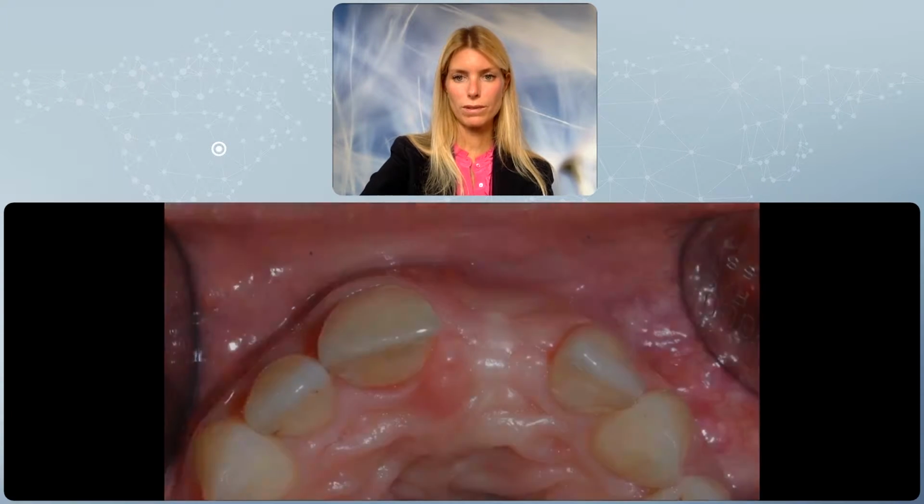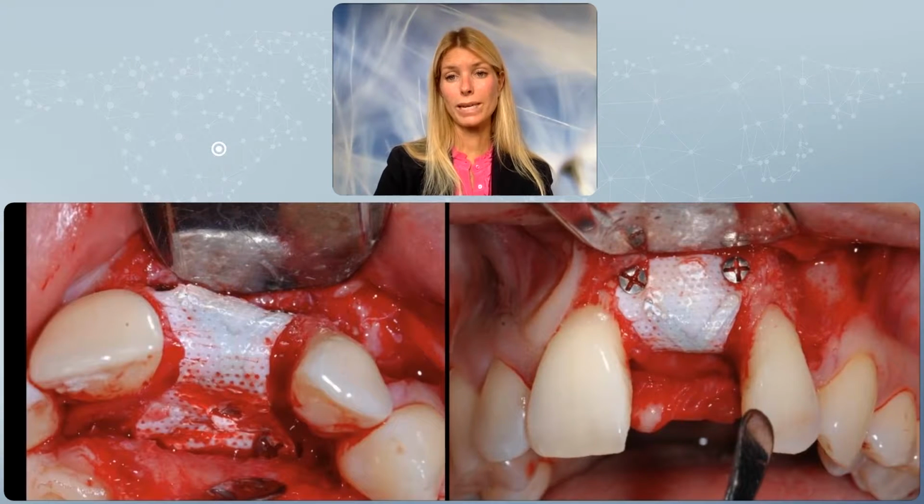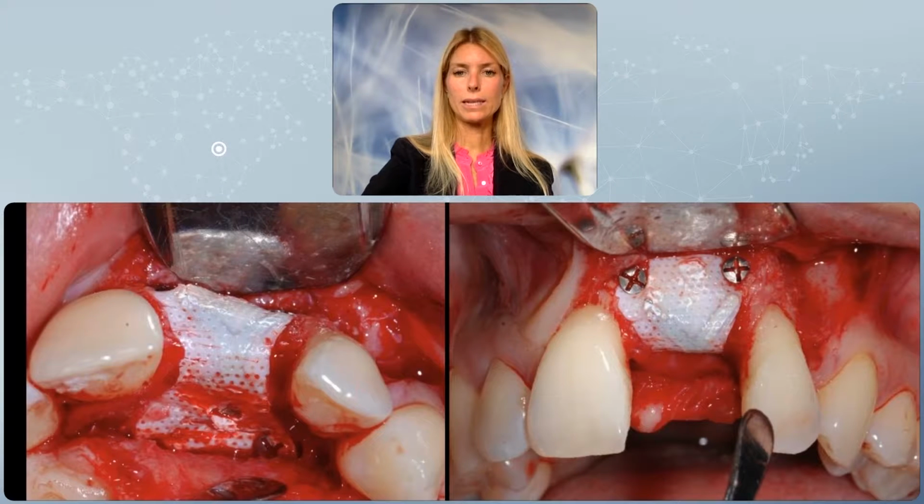and we are then ready to intervene to remove the barrier membrane. This is the only downside. However, we need to position our implants. So in fact, it's only one surgery where the titanium reinforced barrier membrane is removed,